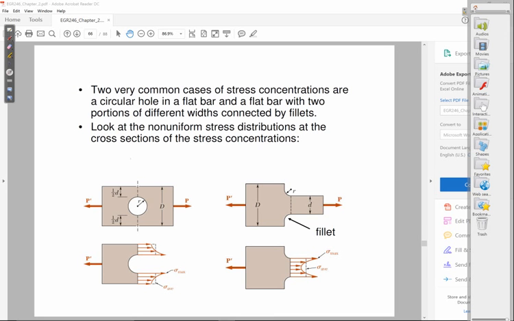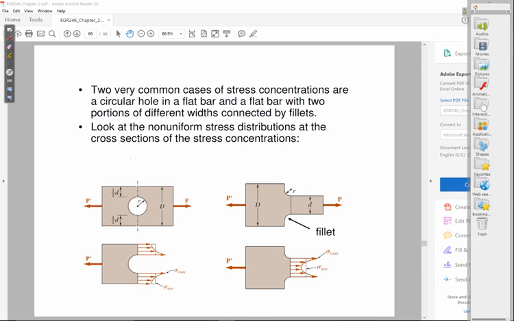Okay. You have something very similar happen when you have a wide plate, right, with capital D that transitions to a narrow plate with lowercase d. Okay, this case here. The worst thing you could possibly do is to just have a sharp corner here. Okay. So to prevent that, what people do is they round it off. This is what we call a fillet. Okay. But even with the fillet, people found that the largest force they could apply is a lot less than